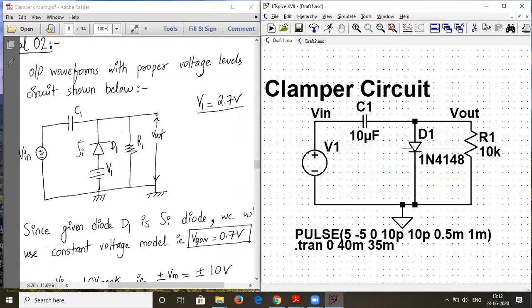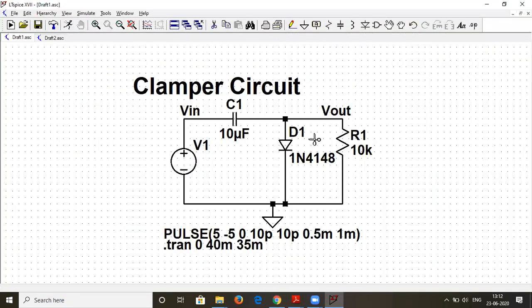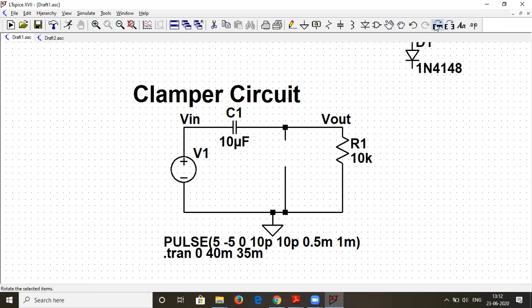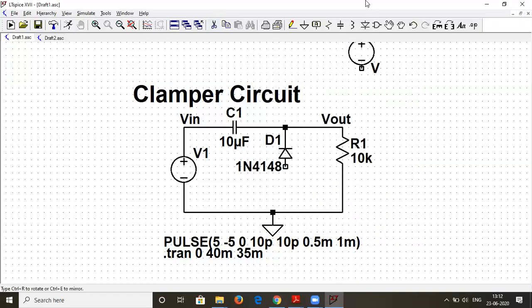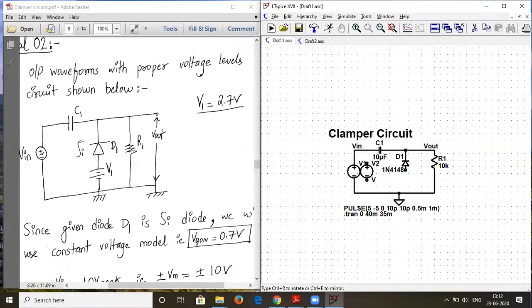In this case, we don't know right now. So what I will do is I have to reverse this diode. I'll not cut it. I'll just pick this diode from here and rotate it. Yeah, so I've reversed the diode, but additionally I have to add a voltage source here. So I'll cut this, add a voltage source from here. I guess the voltage source would be this way only.